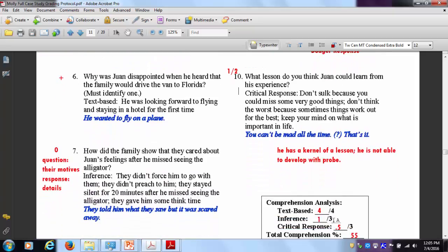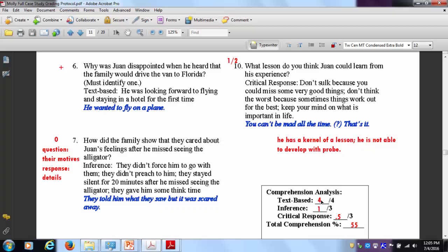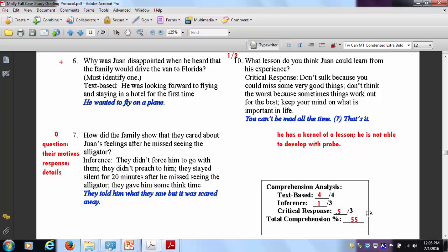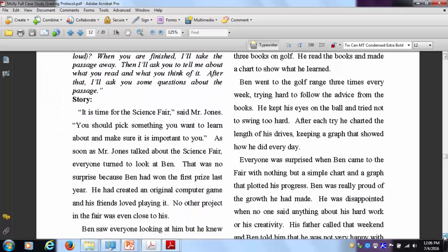So for a summary here, we've got 4 of the text. We've got 1 of the inferences and 0.5 for a score of 55. Now, let's notice here. What grade level is this? This is 4th grade. What grade is Molly in? Molly's in 4th grade. 55% for Molly at her grade level. With that in mind, we're going to go and look at what we did in our scoring for 4th grade